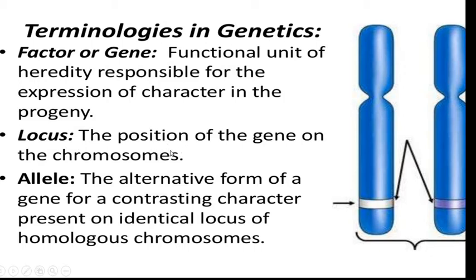So how many homologous chromosomes are present? You can see two homologous chromosomes will always be present. Always the chromosomes are in pairs in diploid individuals. So here you can see the gene responsible for, let me say, height. It is present in two locations here, one location in each chromosome.